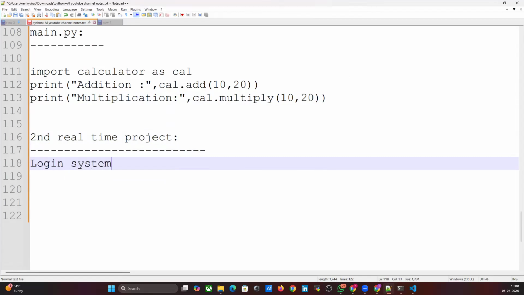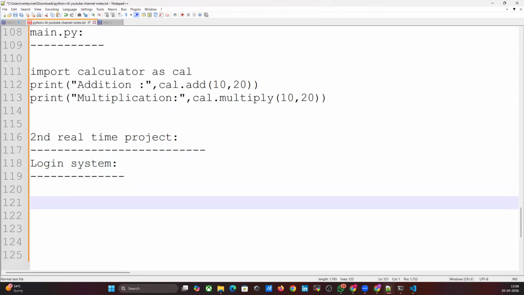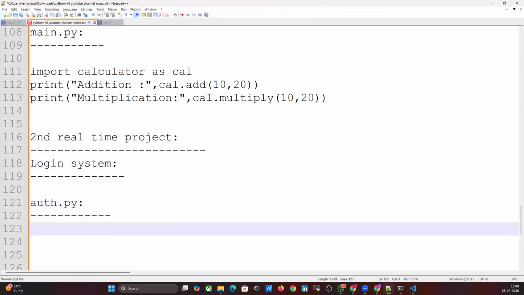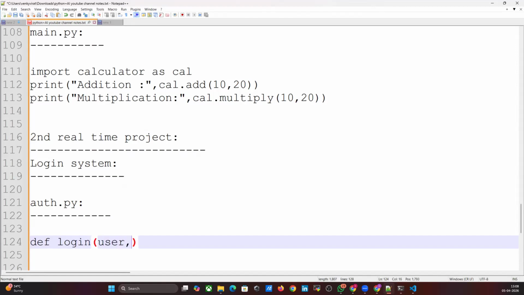The file name is auth.py. def login(user, password):